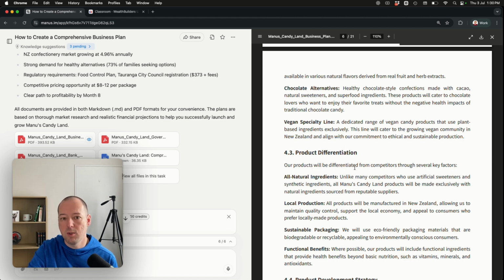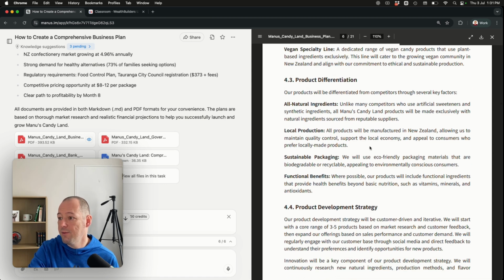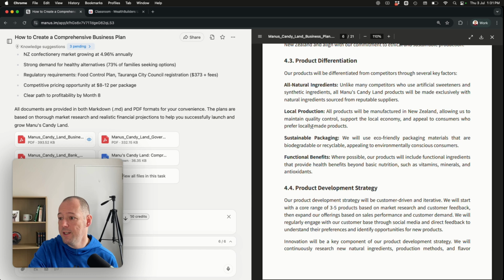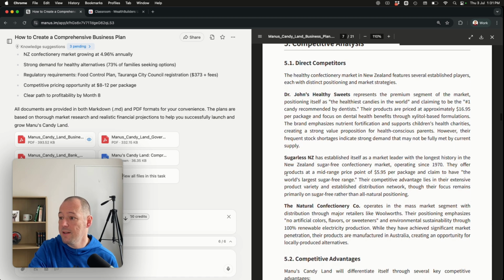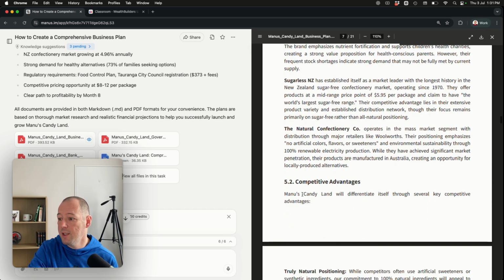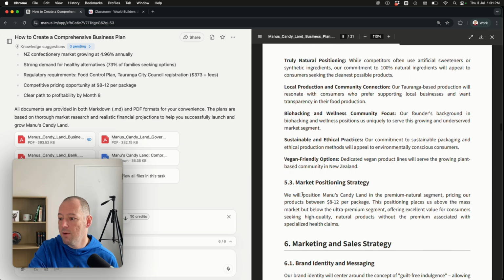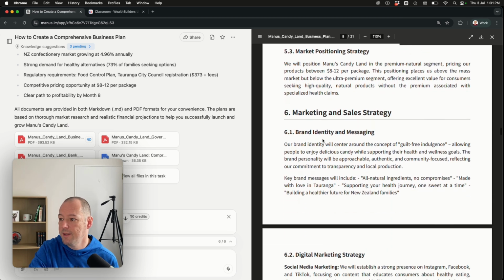I tried this in the past with some other recipes, and it's fantastic because it really thinks outside the box. And you can say, well, can you make it a bit more spicy or put more caramel into it or whatever you personally prefer. Chances are someone else loves it too. So go nuts with the recipes. Then the product differentiation. So all natural ingredients, local production, sustainable packaging, functional benefits, product development strategies, competitive analysis. So we see our biggest competitors over here and our advantages compared to them, our market positioning,